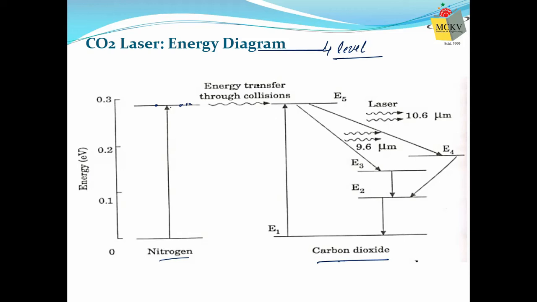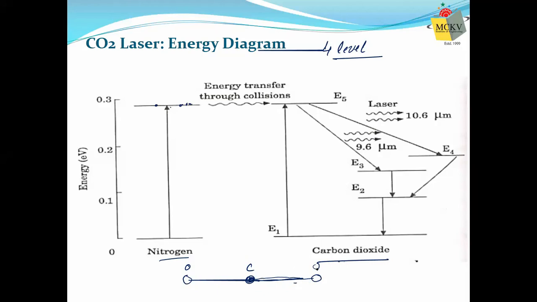But please understand, these energy levels are created due to vibration of the carbon dioxide molecule. That means if I can draw a carbon dioxide molecule, suppose this is how a CO2 molecule looks like: this C and these two O. Now this molecule can vibrate in different ways. Suppose I'm giving one example. Suppose carbon is not vibrating at all, and these two oxygens are vibrating symmetrically on both sides of the carbon. Then it is called symmetrical vibration.